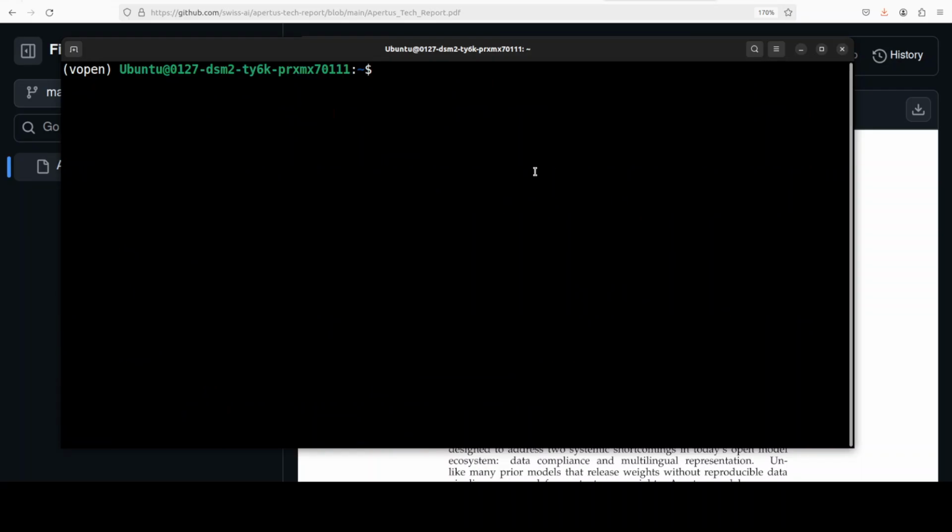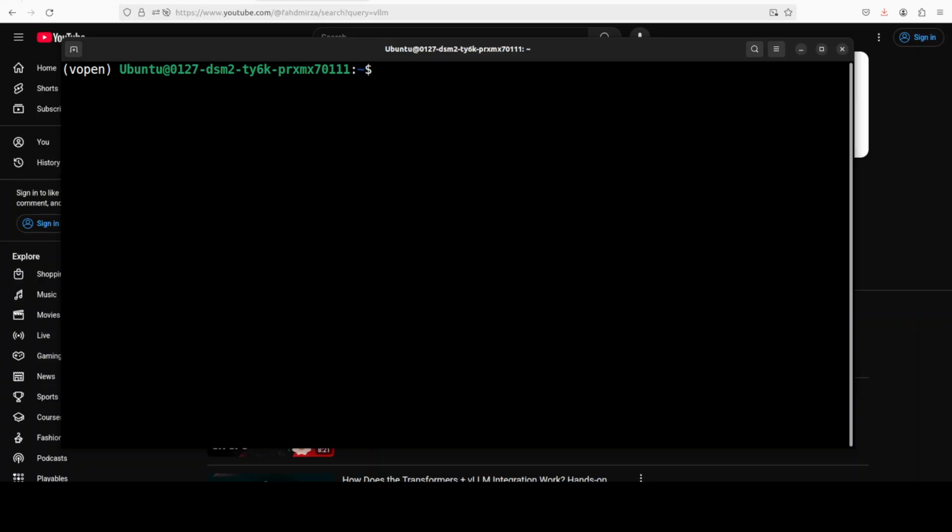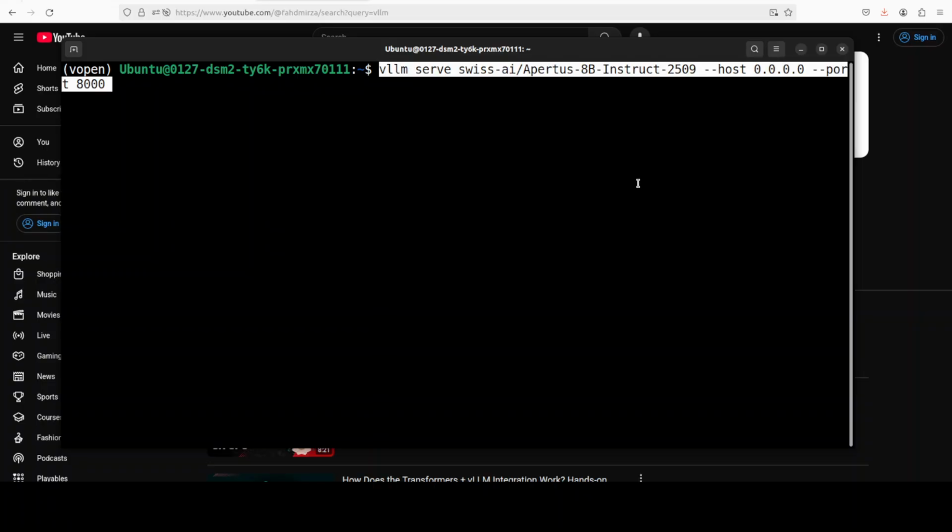Once that's done, the tool which I'm going to use in order to run this model is vLLM, and Open WebUI is the GUI which I'm going to use. If you don't know what these are, just go to my channel and search with vLLM. I have done a full tutorial from end to end for beginners on how to get it installed, what that is, and how to use it. I already have vLLM installed, so I'm not going to install it again. All I need to do after logging in is to serve this model, Apertus 8 billion instruct version, which is